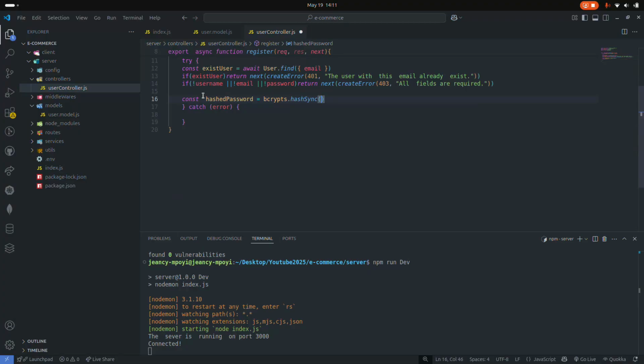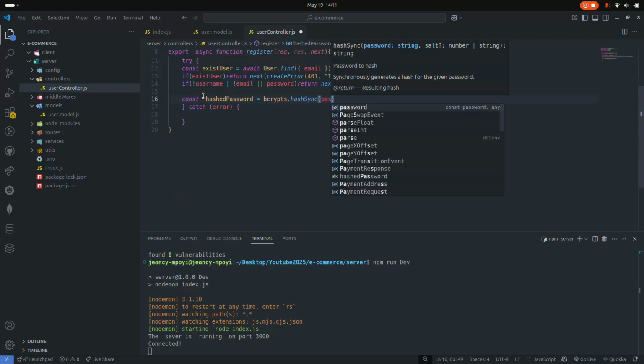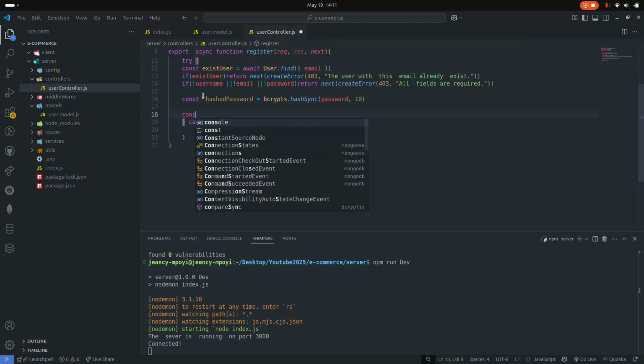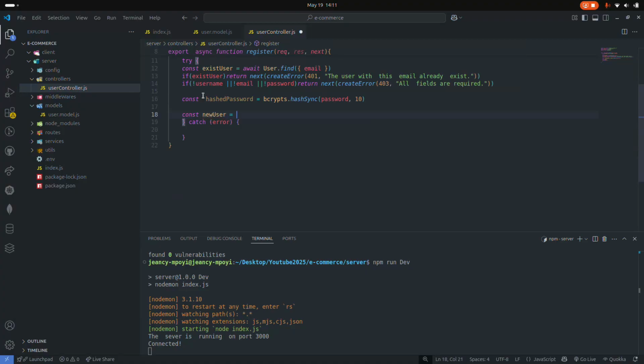Okay, I like it. I like hashSync, 10, and then create a new user, and then create an instance of a user. Now username,